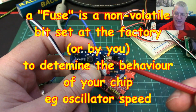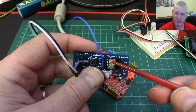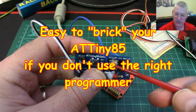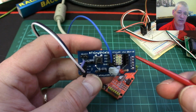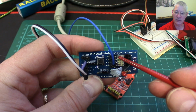There's a specific area within this chip that are called fuses, but they're actually bit values, and once changed, it's quite difficult to unchange them. They're set in the factory to a default value, the most likely value you're going to need, and then left like that, because you can change them if you want, but if I was to send down a command